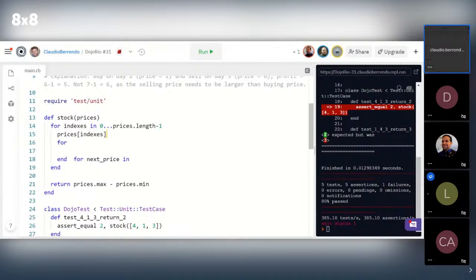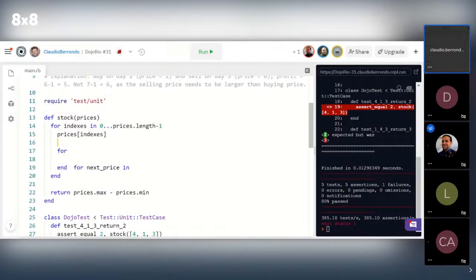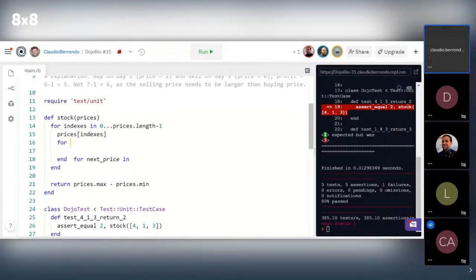And then inside I put, where's my pilot book? Pilot here. Prices index. Cássio, help your pilot. And then I take only in the second loop. I will take only the next ones. So the price index plus one, or simply index plus one, right? Index plus one now until